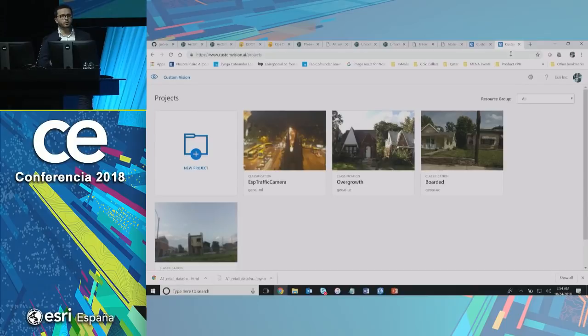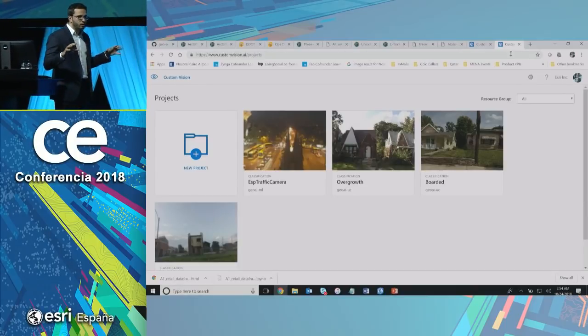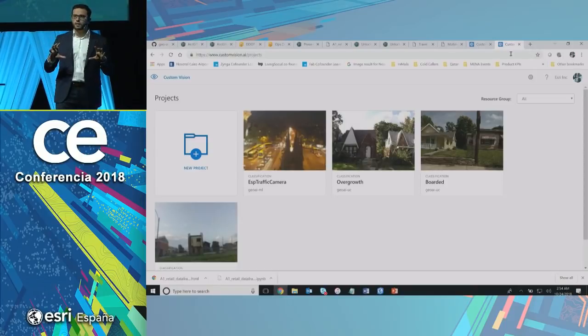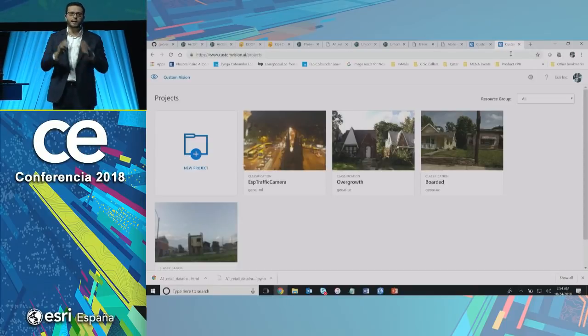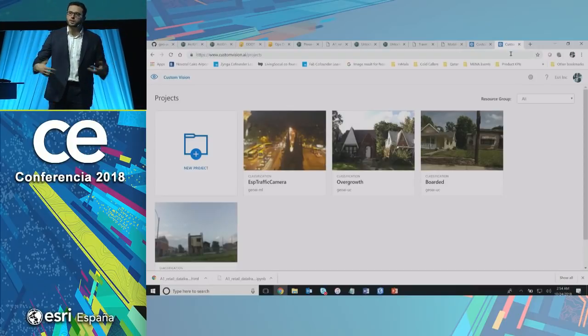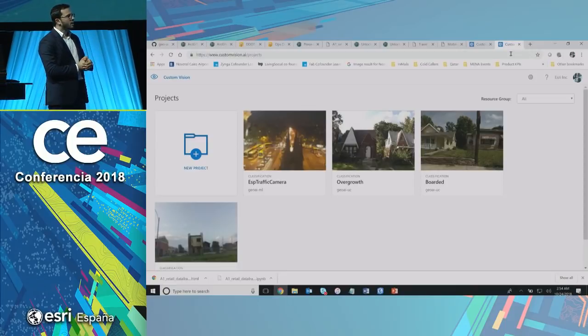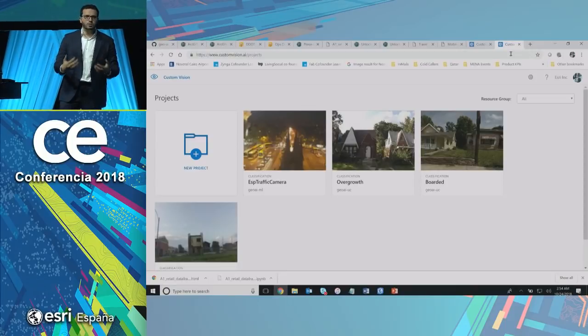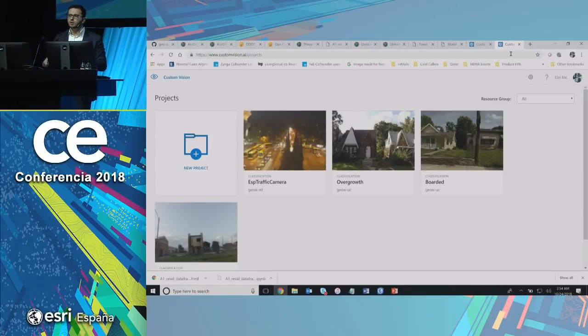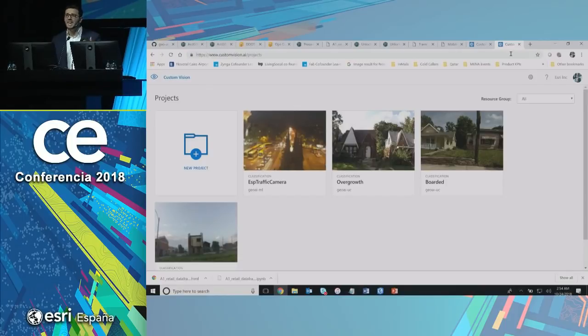One of the customers that we have worked with had tens of thousands of photos that they had collected as street view images of houses, and they wanted to understand which houses have blight or graffiti or overgrowth, or basically need some sort of intervention or detection. They were doing this manually. They were outsourcing a lot of work to their citizens to label each house, whether it has blight or not. They were doing it themselves, and it was taking ages. Now, what about doing this using deep learning or automating it? Can we save them a lot of time? And the answer is yes.